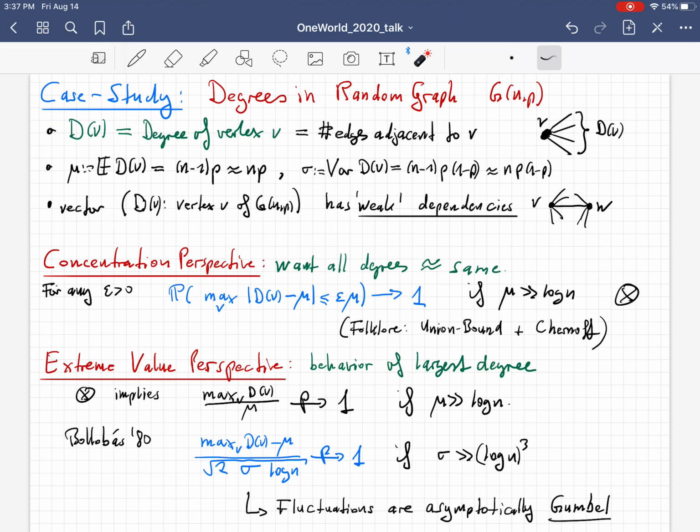Of course, you can now ask for much finer knowledge about this random variable. So what I should do is not divide by the expectation, but subtract off the expectation. Right? So this is what we do here. We look at the maximum over all degrees minus the expectation of a vertex, and then we renormalize here. And this old result by Bollobás tells you that if we normalize by the square root of 2 times the variance times log n, then this converges to 1 in probability, if basically the variance is at least some power of log n. And in fact, the result tells you much more, that the fluctuations are asymptotically Gumbel. So there's some nice